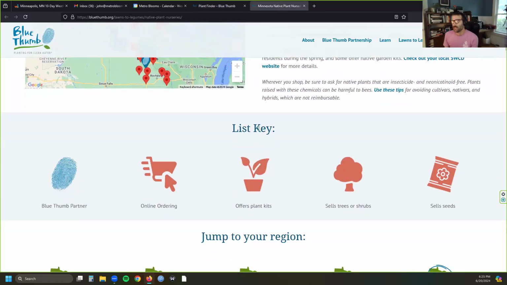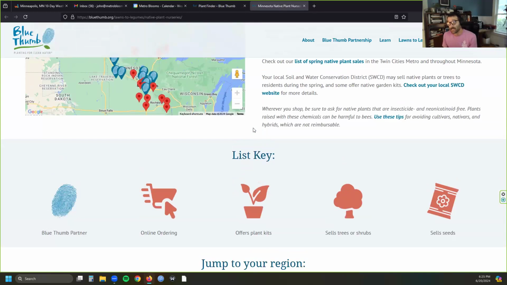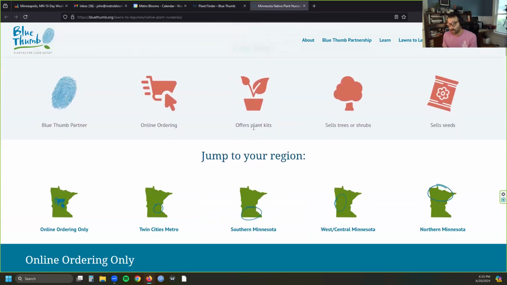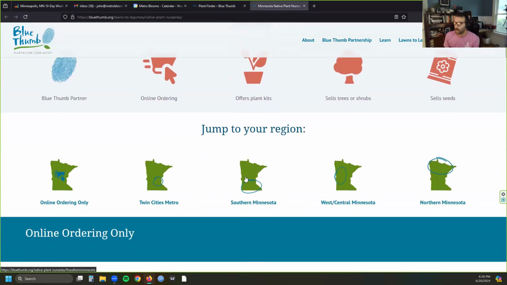And many of these nurseries offer online ordering. Or you can search for nurseries in your area by region. This page isn't split up by eco-region; it's just splitting the state into quarters. So if we jump to northern Minnesota,